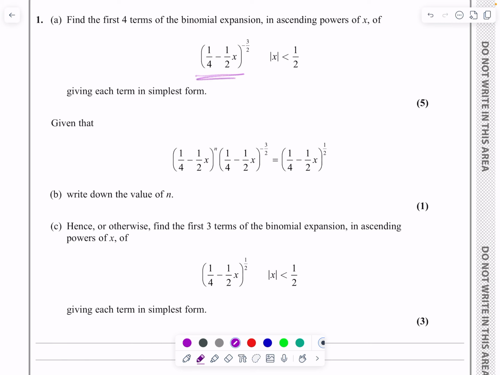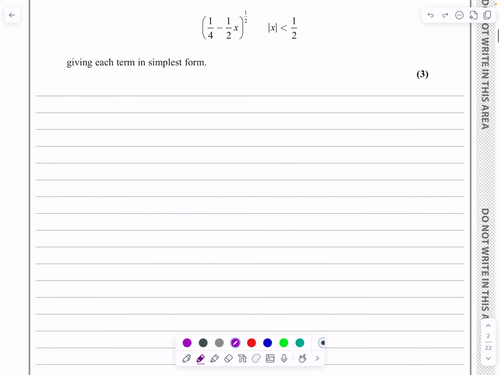So let's have a look at this. What I want to use is the binomial expansion 1 plus x to the n, but I can see that my first term isn't 1 there, so I will just need to make an adaptation before we get going with the question. Let's have a look at part A then. So part A, we have a quarter minus half x